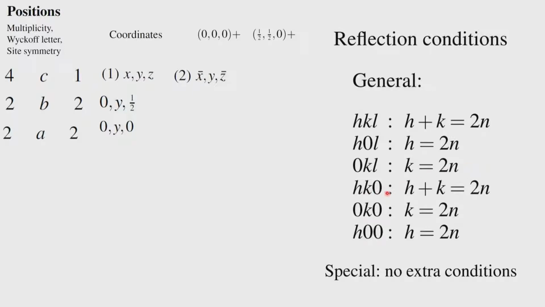Then of course, h k 0 shows h plus k even, which is also a consequence of that, because l is 0 here, it is a special case of l. There are no systematic absences associated with l. So all l values will show h plus k even, and therefore l equals 0 will also show that. Same logic: 0 k 0 shows as though there is a 2 1 screw axis, and h 0 0 shows h equals 2n as though it is a screw axis.